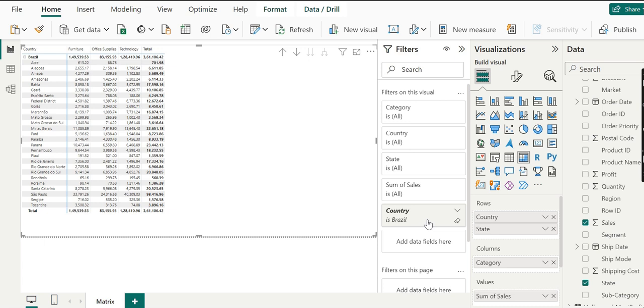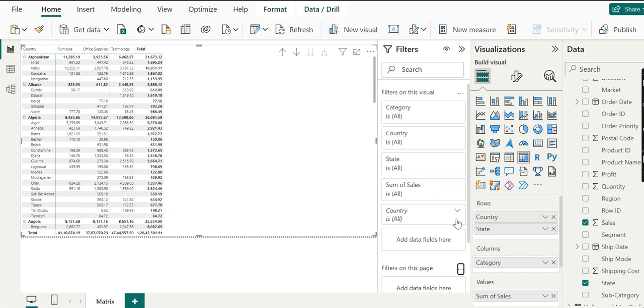By clicking on drill down, we can see there is an interaction between drill down and up and filter functionality. If we click here, we can clear that filter. As we click, the appearance changes; we can control filters from the drill down button and drill down from the filter pane.